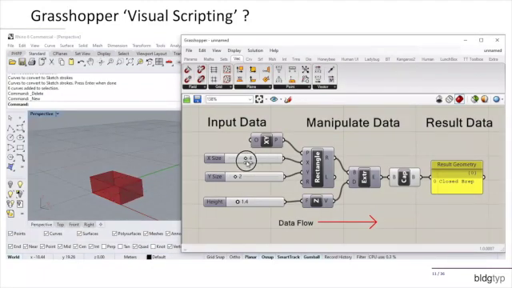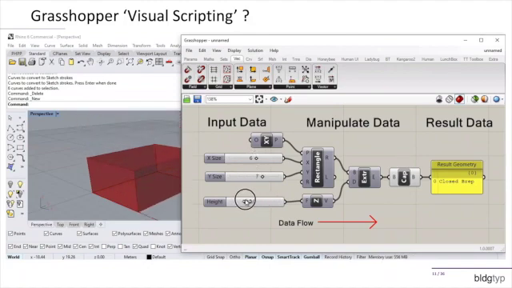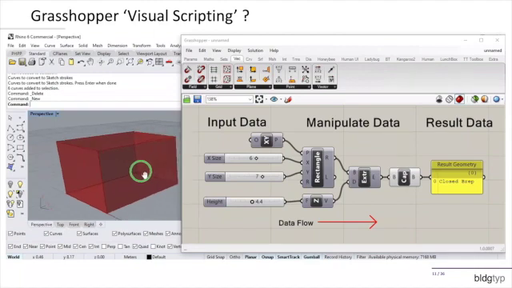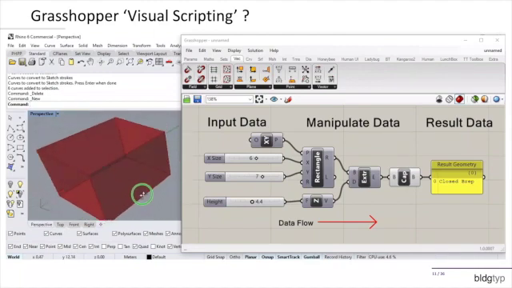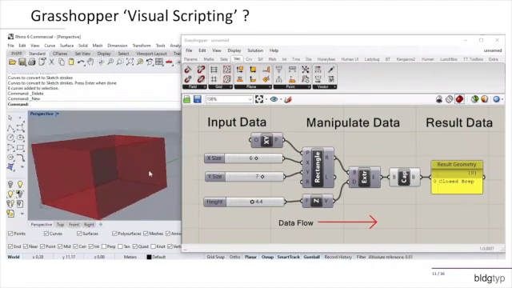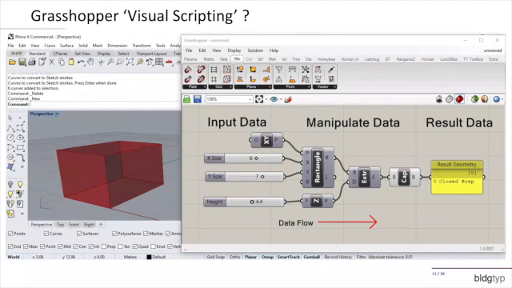Now, of course, playing with arithmetic in Grasshopper is fun and all, but the real power of this tool is that we can connect it back to that Rhino 3D environment. We can either create new geometry and data, or we can read from existing geometry and data inside that Rhino model. And we can then pass that data into a series of functions and tools and manipulations before